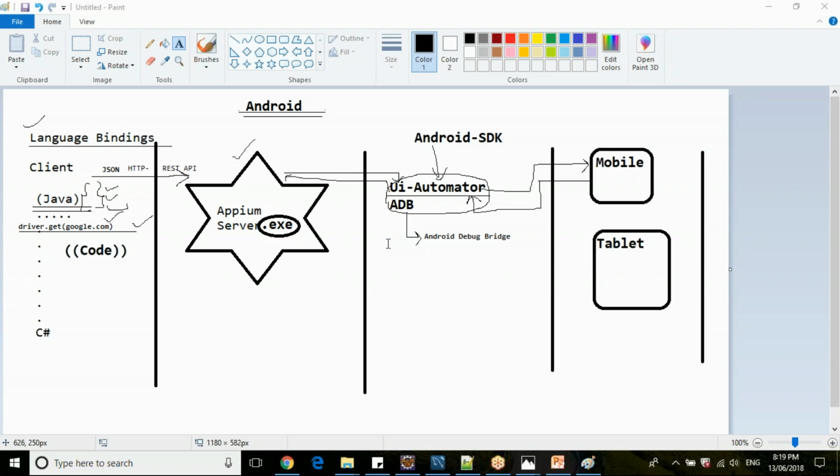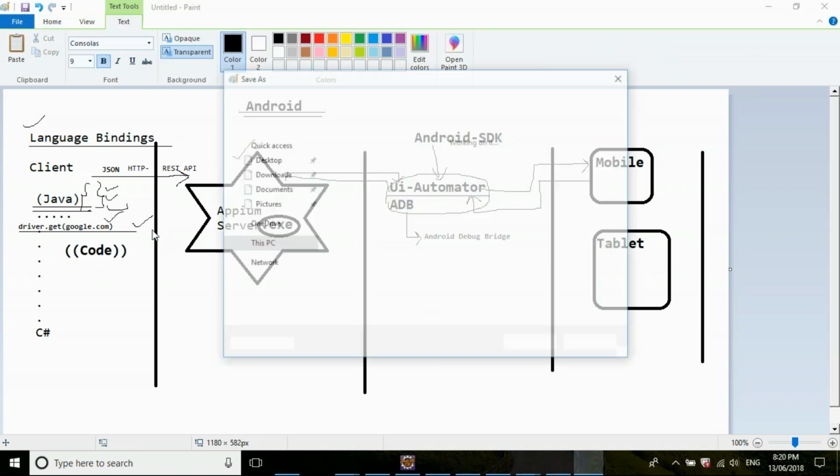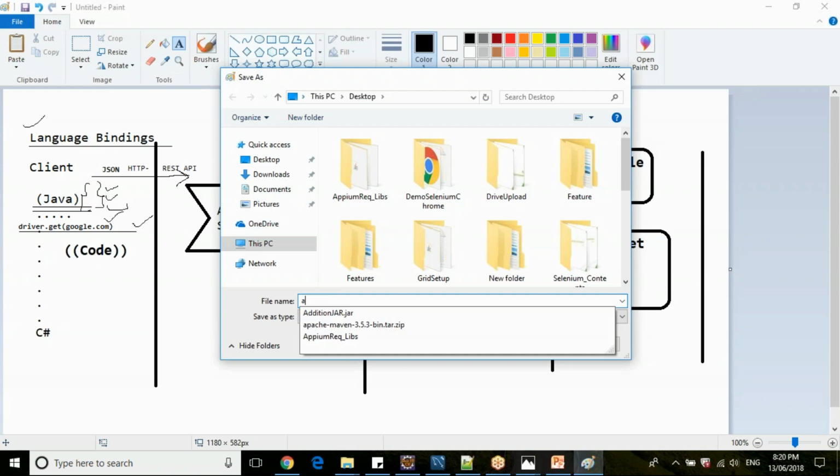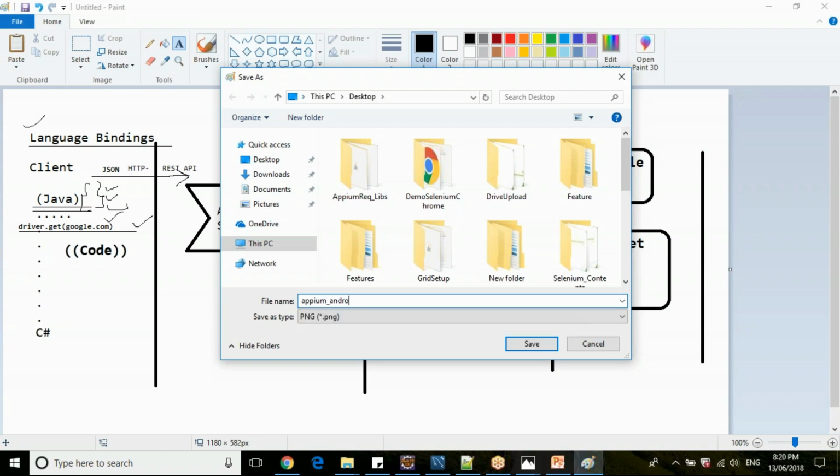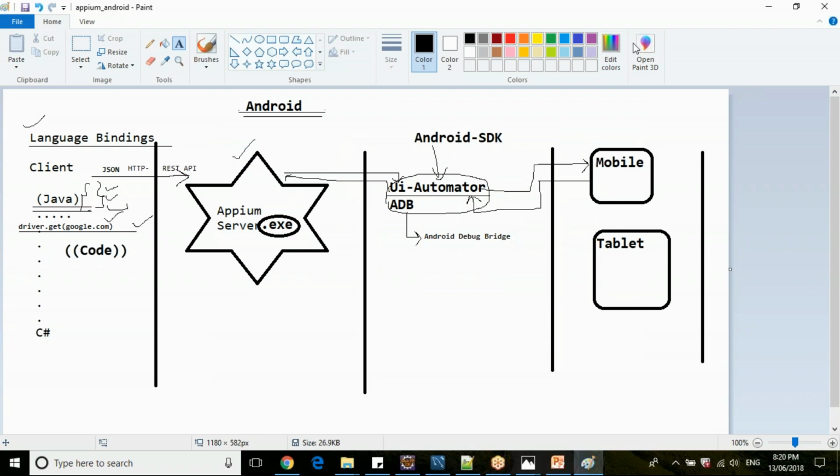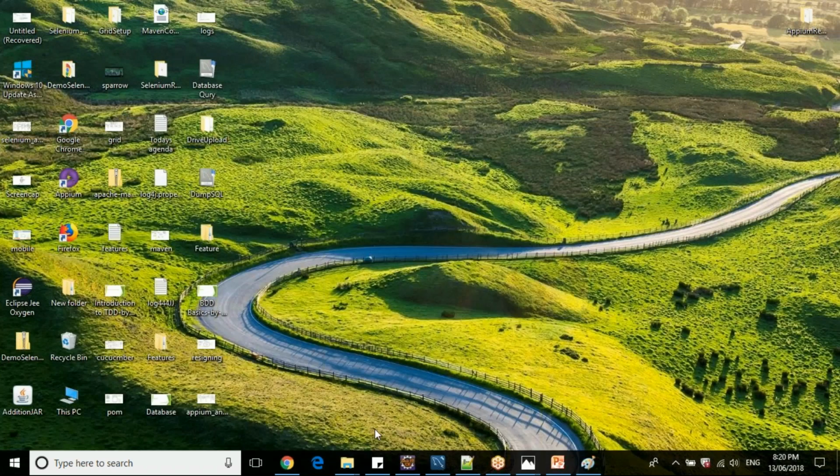Is the architecture of APM and how it works for Android clear? So let me say this for reference.